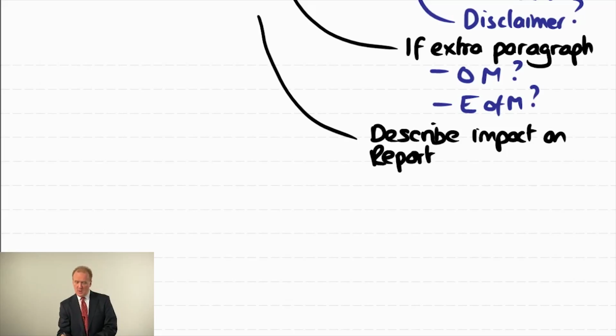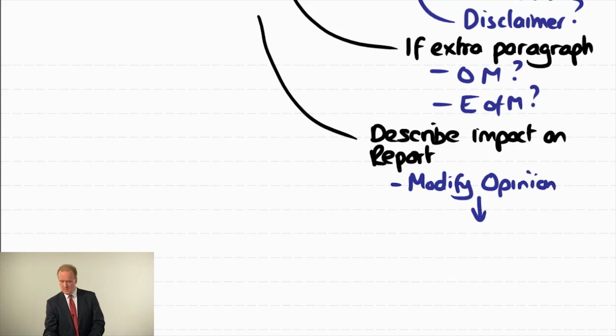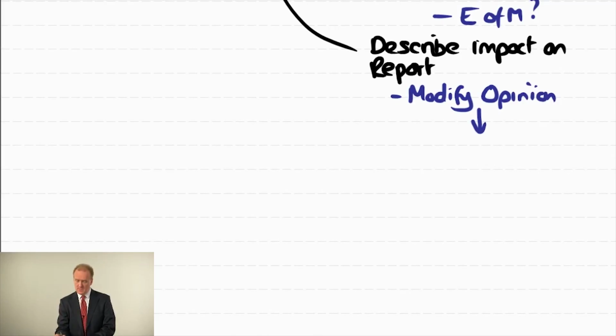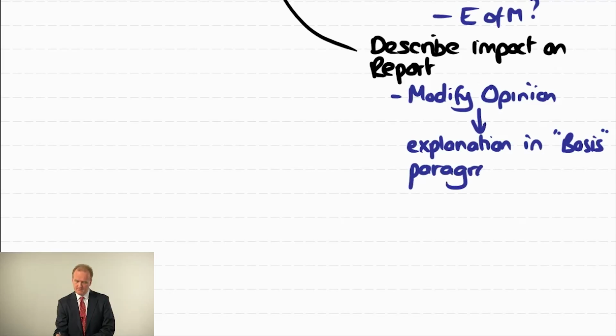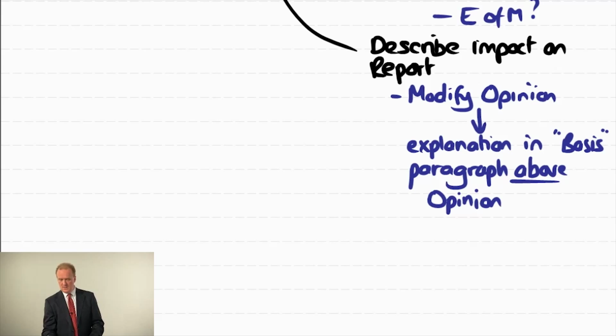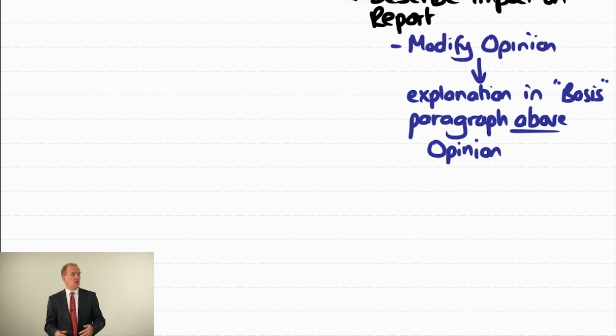So, if you are modifying the opinion, then what you're going to need is an explanation in what we call a basis paragraph above the opinion. And that explanation has got to have some detail in it. So, for example,